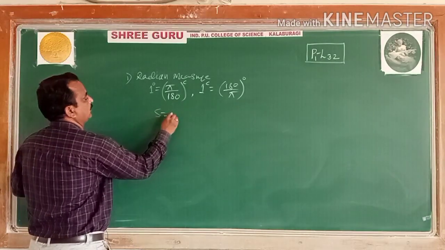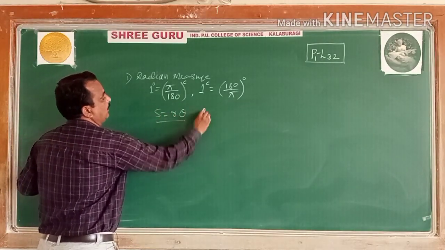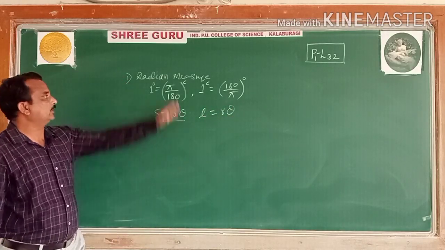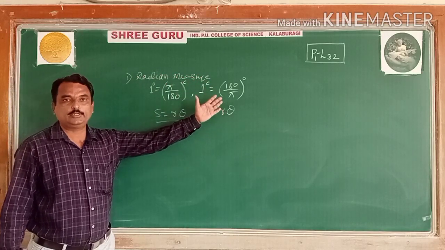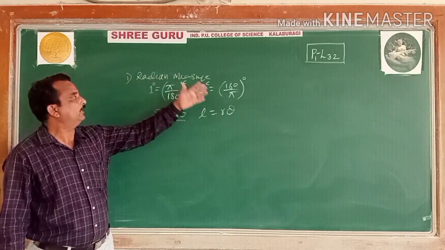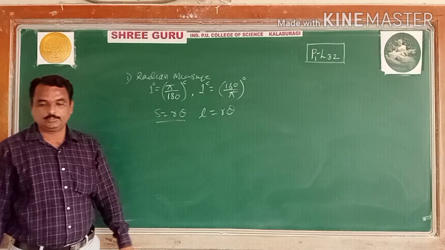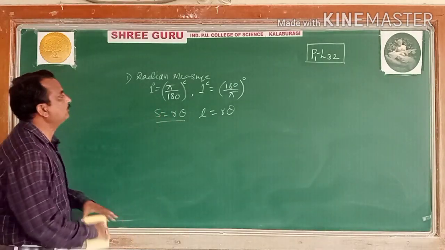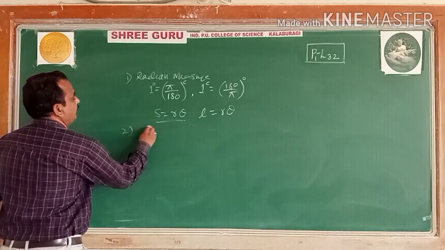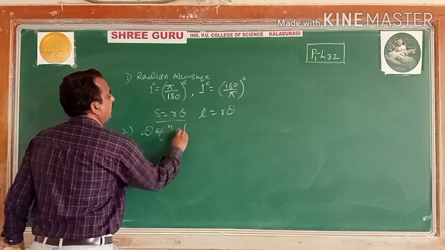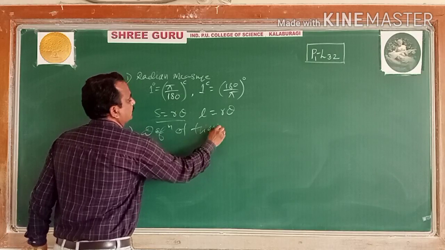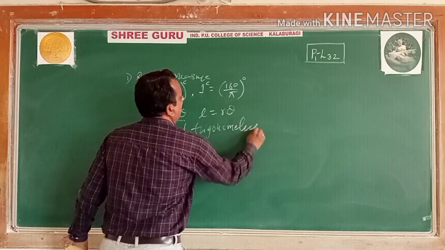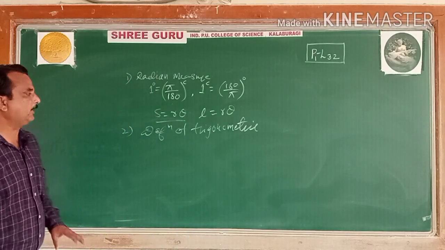Using that, one of the results is s equal to r theta, or l equal to r theta, length of an arc of the angle subtended. Both the definitions we have studied, the definition of degree and definition of radian measure, the conversion of radian to degree and degree to radian. Some examples we have calculated here. The next is definitions of trigonometric functions, all the 6 definitions geometrically.